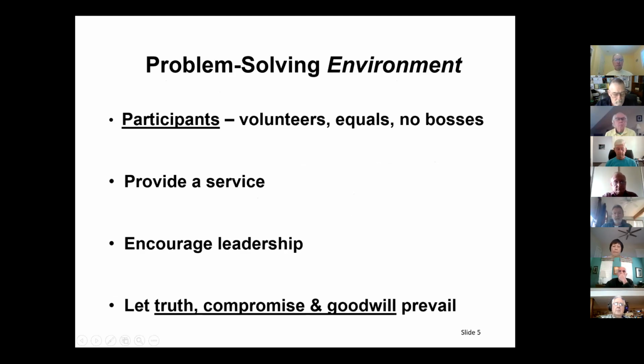Now, one of the things that we've come to in this wicked problem approach is that the problem-solving environment is really key to it. In other words, the interrelationship between the participants. We find it's best, even if participants are hired, to essentially treat them as volunteers so that everybody is treated on an equal basis, and there are no bosses, no top-down. We do need facilitators, and facilitators are that. They really are helpers. They are leaders, but they help the process and the people working on it